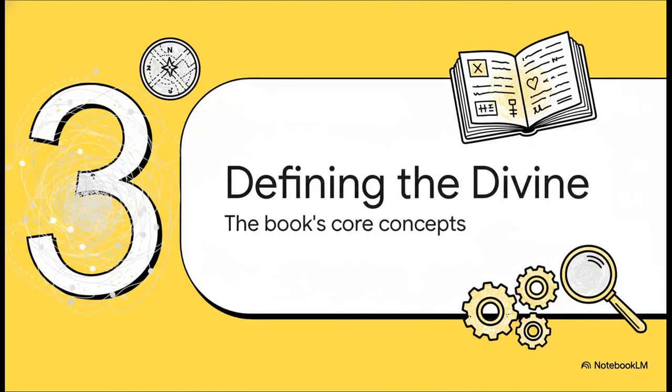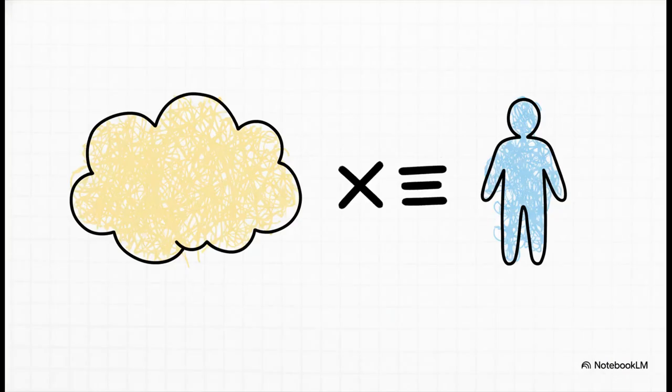Okay, moving on to Section 3, Defining the Divine. This is where we learn the book's core vocabulary. And this is so important because, if you're going to read a map, you have to understand the legend, right? Well, the foreword of the book is basically the legend. It lays out these super precise definitions for its biggest concepts. And right out of the gate, it makes this really critical distinction. In this book, the words deity and God are not the same thing. And trust me, this isn't just splitting hairs, it's absolutely fundamental to understanding its entire philosophy.